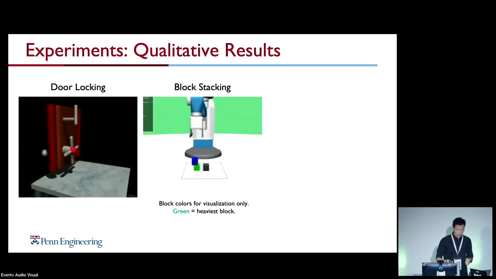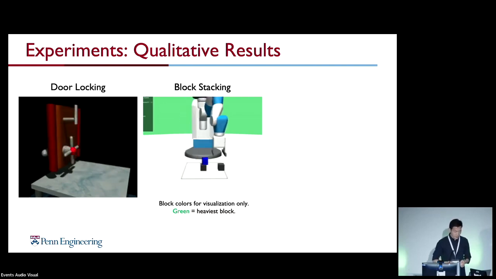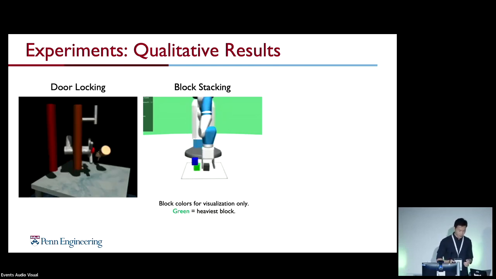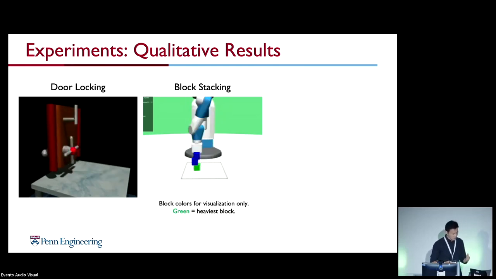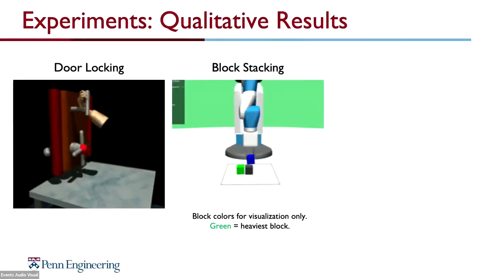In the second task, the robot must build a stable tower with blocks of different weights, but it must lift the blocks to know their weights so that it can place the heaviest block at the bottom. Here we see that LIRF learns to undo non-stable stacks once it identifies the heaviest block, which is visualized in green here.